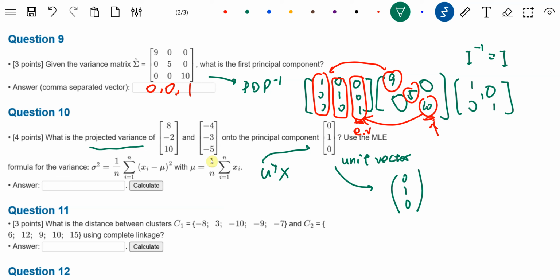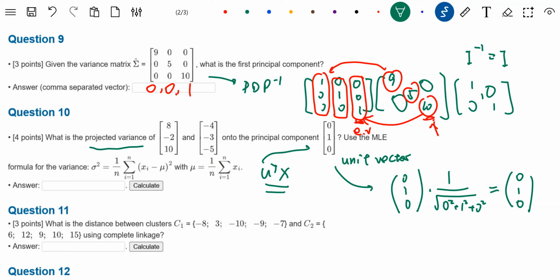If we have a vector, and if you divide this by the length, then you get a unit vector. So the length is just the square root of everything squared, which if you compute it is actually 1. So this indeed is a unit vector. So we can do the